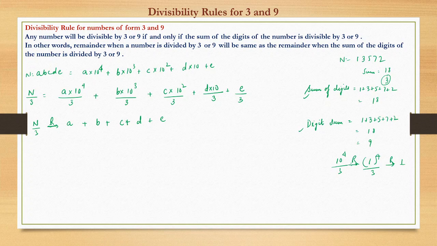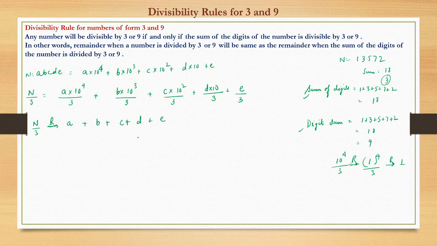So can we not see that the remainder when any number n is divided by 3 is a plus b plus c plus d plus e? That is what we did. We added the digits, and here also we are adding the digits. Now if the remainder is a multiple of 3, then the remainder would be 0. Basically, if a plus b plus c plus d plus e comes out to be 3 or 6 or 9, so if it comes 6, then 6 is always divisible by 3. So the effective remainder would be 0. So that's what we are trying to check here.